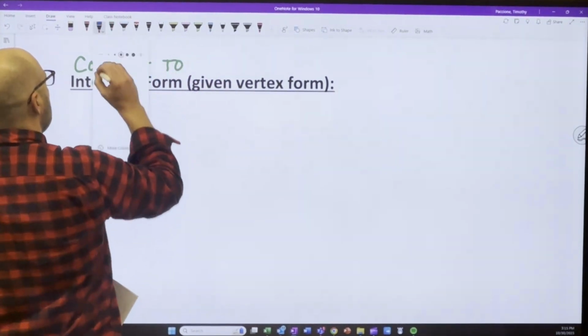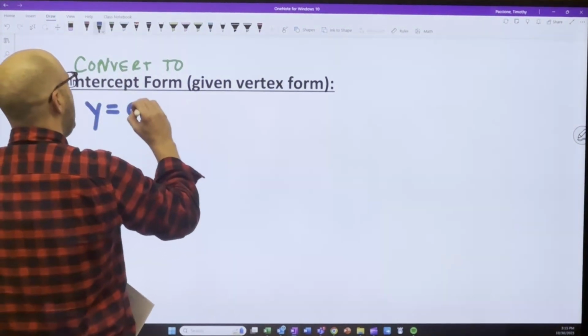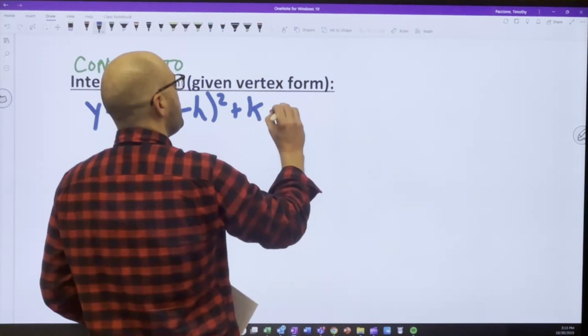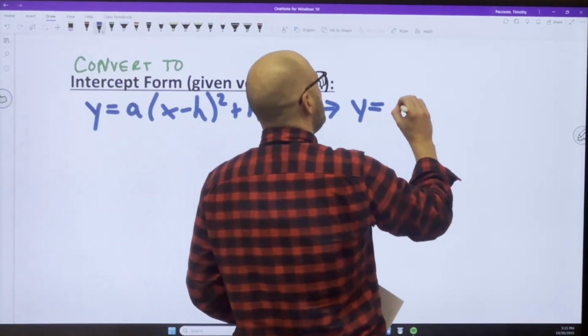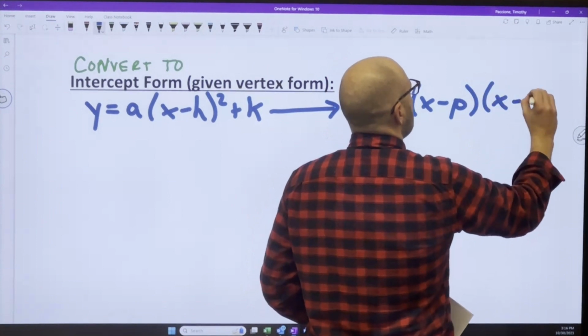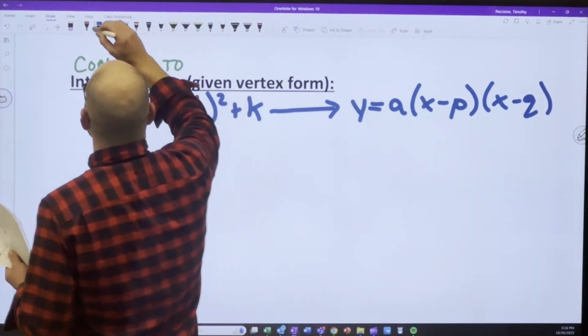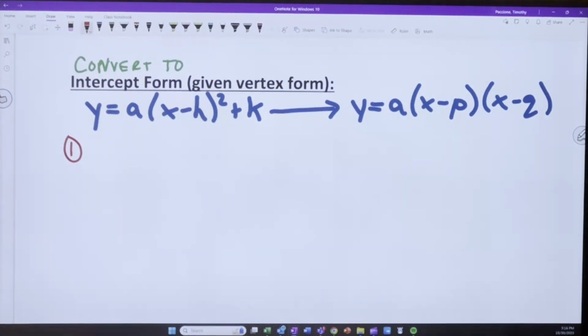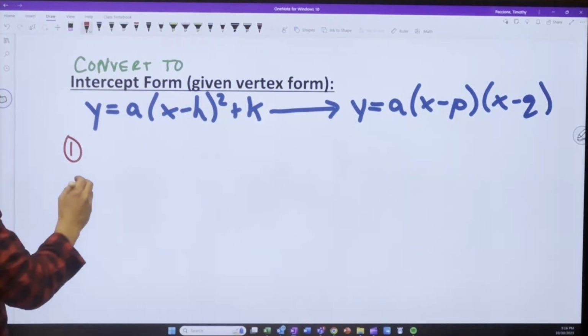So we're going y equals a times x minus h squared plus k, and we're trying to get to y equals a times x minus p, x minus q. Now, there is no direct way to do this, okay? You can't go just from vertex, but that's okay, because first we convert